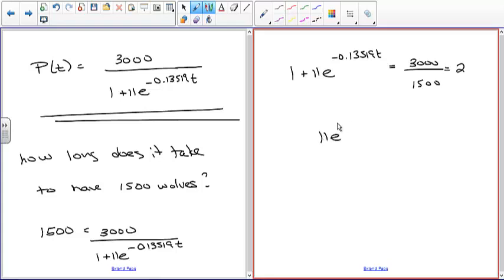Subtract 1 from both sides. 2 minus 1 is 1. 1 minus 1 is 0. Divide by 11. So you get 1/11th,